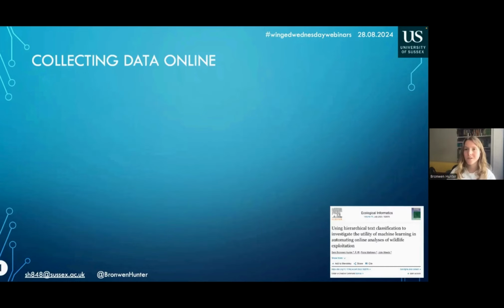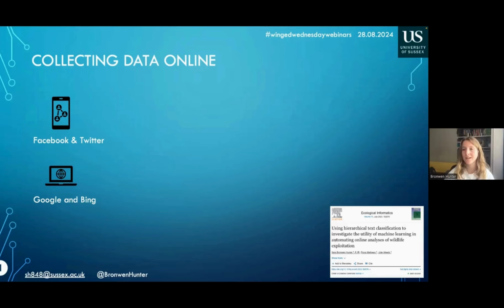Okay, so the first challenge of this work was to actually collect relevant data, and this ended up being hugely complex. I'm not going to go through all of this now, but if you would like to know more about the data collection methods, we have published a paper on that. But I will give an overview of the steps involved. So we took 4 key platforms: Facebook, Twitter, or it's now known as X, Google, and Bing. And I applied keyword searches, so that would be bat-related words combined with an exploitation-related word, to the APIs, so that's an application programming interface, available for these sites.